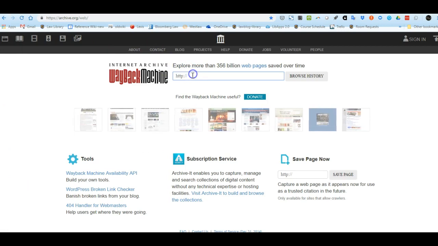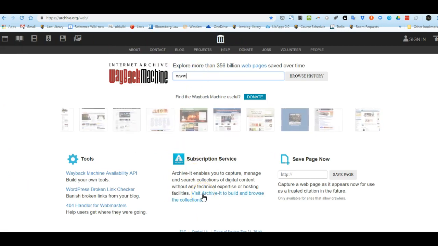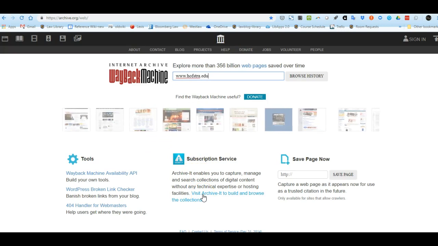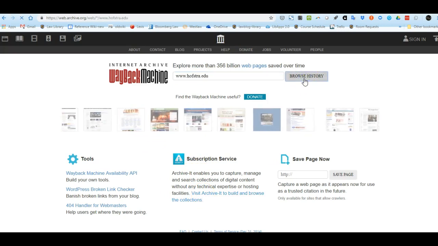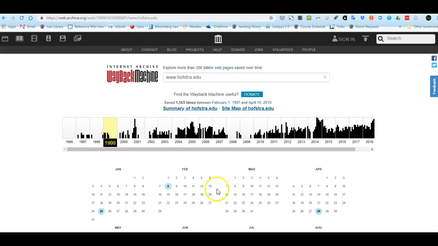So I am going to take a look at the extras page. And what the Internet Archive does is it takes a snapshot of all the pages. Now obviously it's not going to have every single page, but it's got a heck of a lot. So if you wanted to see what the Hofstra web page looked like back in 1999, on February 8th,